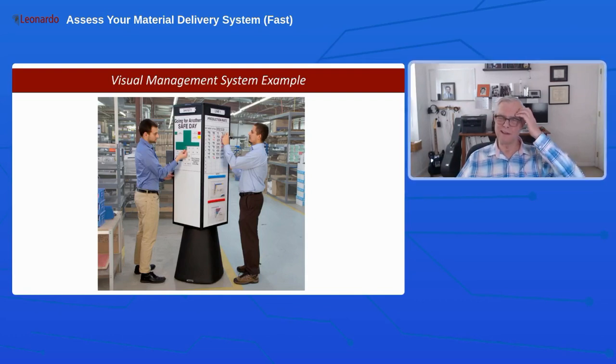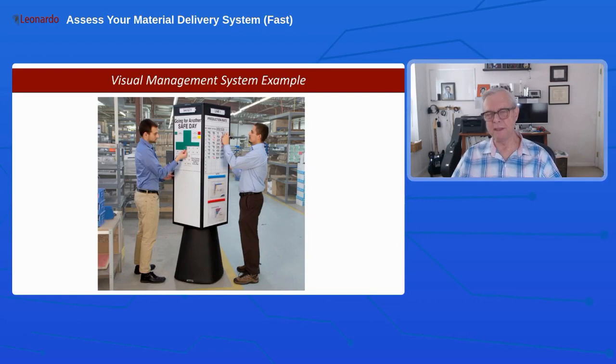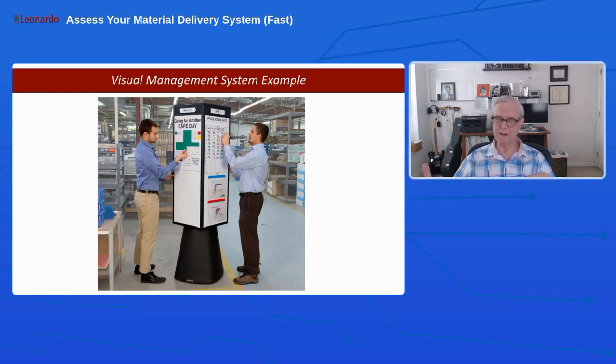Now, one of the things that we did see at a German company, but it was in Mexico, was that at the top of the kiosk, they had a little colored cone. And I looked across the factory, and a lot of the cones were green, but some of them were yellow. And there was clearly a red cone that was available. I didn't really see any of those, but what that meant was that during a weekly Gemba walk by management, let's say,